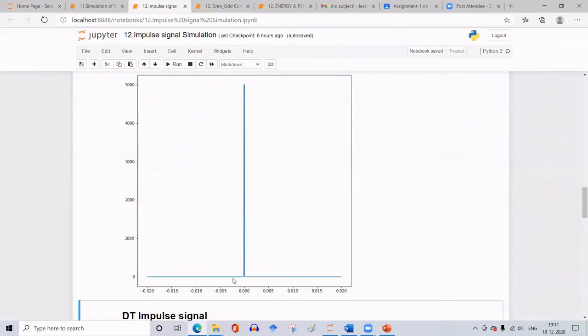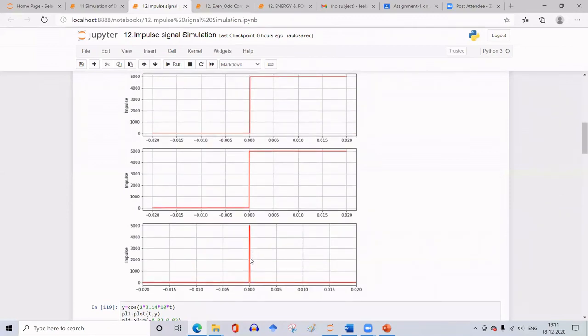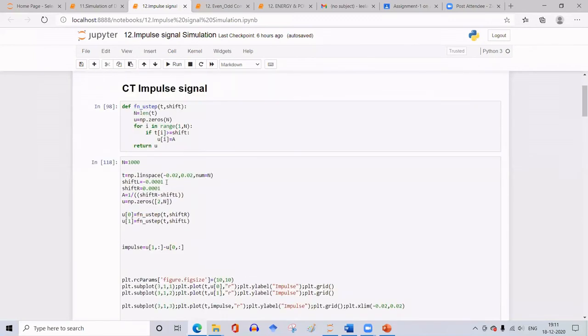You just see. What is the value of the signal at t equal to 0? It is 1, but now the width is not exactly 0. If it is exactly 0, this goes to 1. That is the approximation that we write. But here, in order to make the width multiplied by height equal to 1, the height has been adjusted to 5000. Followed? 5000 multiplied by the width. Width I have given from minus 0.001 to plus 0.001. So what would be the width?